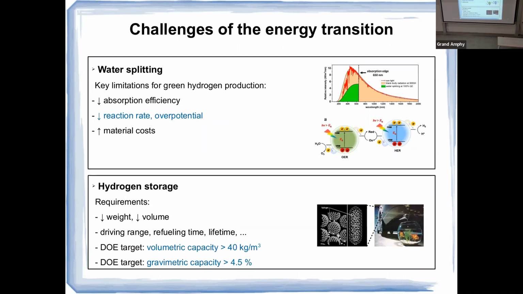So there are two main problems that we have to surpass in order for hydrogen to be viable as a commercial fuel. One is the production from green sources. I have said that 50 years have passed since the discovery of the production of hydrogen by water decomposition using sunlight, but now it's still